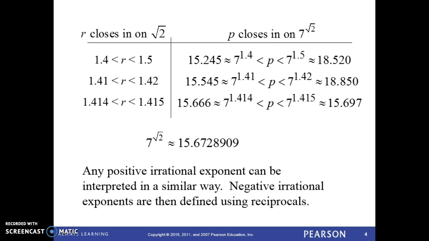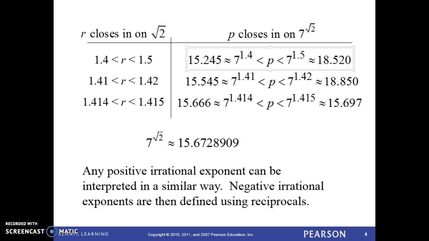So it would be a range. It's going to be somewhere in between these two things because the square root of 2 is between 1.4 and 1.5. Then 7 to the square root of 2 would be between these two values. And then depending on how we round that square root of 2, we can estimate or evaluate that expression a little bit tighter or a little bit closer. So you can see how changing the way we round the square root of 2 is going to change our estimation of that particular expression.